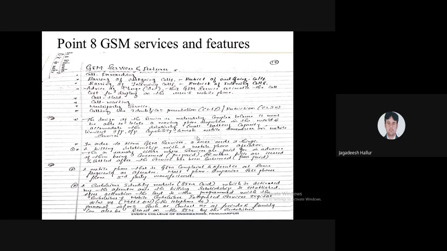Once the SIM card has been activated, all the information, all the contact numbers of your friends and family members, is stored in the HLR, that is, the home location register.